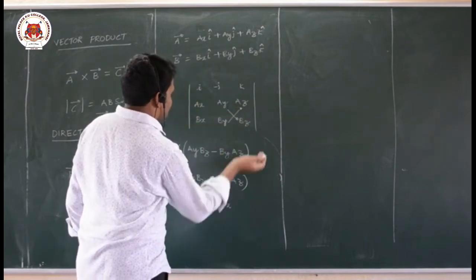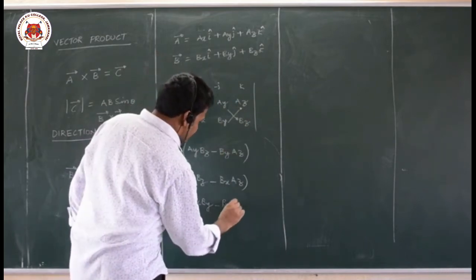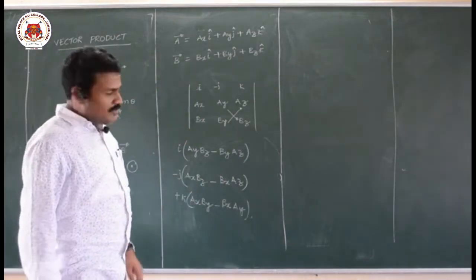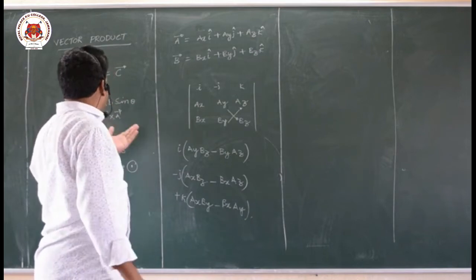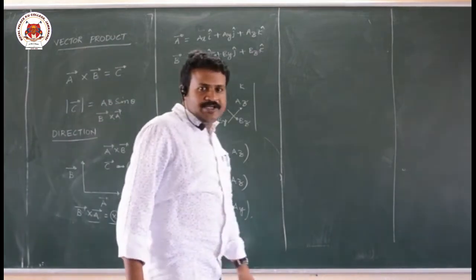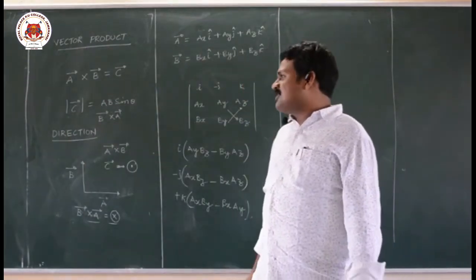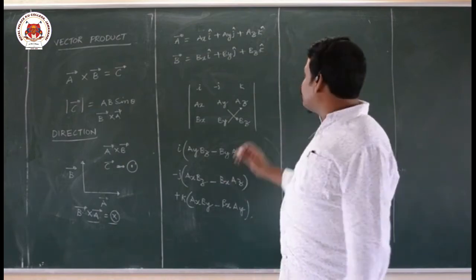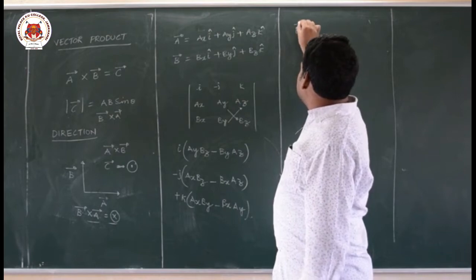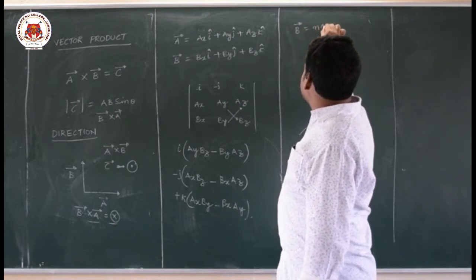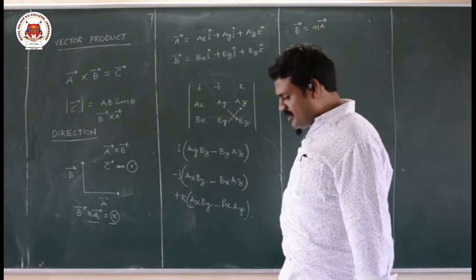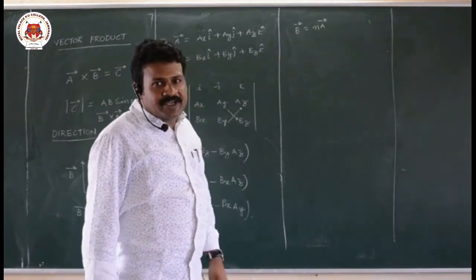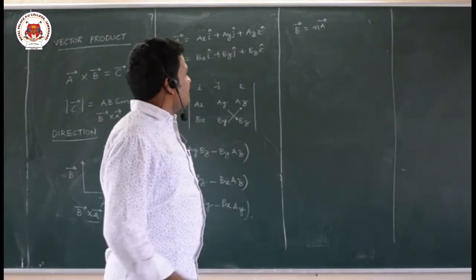You have to close k a_x b_y minus b_x a_y. So this is the formula when position vectors are given. When vectors with magnitude are given, directly you can use AB sin theta. And two vectors are said to be parallel if their cross product is 0, or if vector b bar is equal to a number times a bar, we can tell that they are parallel. Suppose b bar is equal to n times a bar, we can tell that they are in the parallel condition.